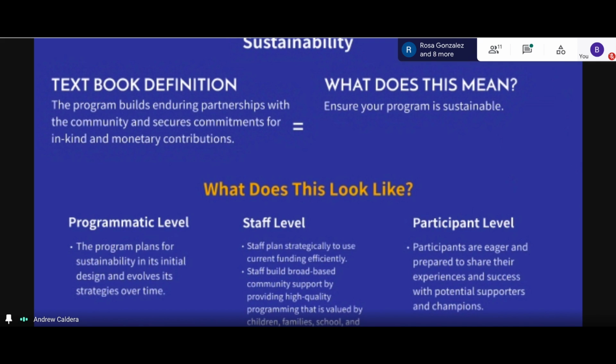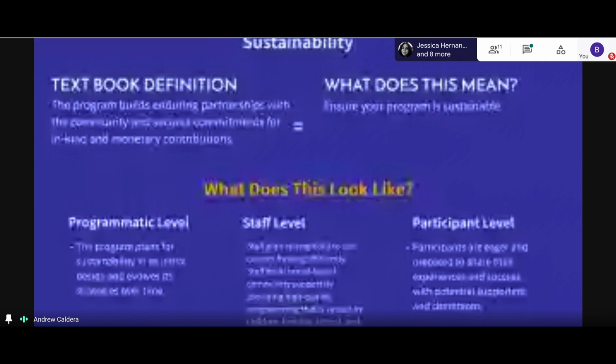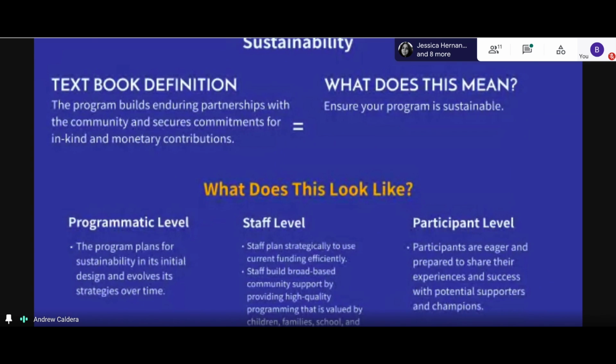You know, we need to make sure it's sustainable and we're not just putting money towards something that's not even going to turn a profit, like, oh, we're not even getting students. In terms of trying something, it's good to try stuff and see, is there something here? And if there is, then cool, let's try it again. If you try it and it didn't really work, then maybe reevaluate how you can make it work. Reevaluate, see what it needs to get those students to come in, see what it needs to get those students engaged. So we want to make sure whatever we're doing, we're being sustainable and we're using our funding efficiently in